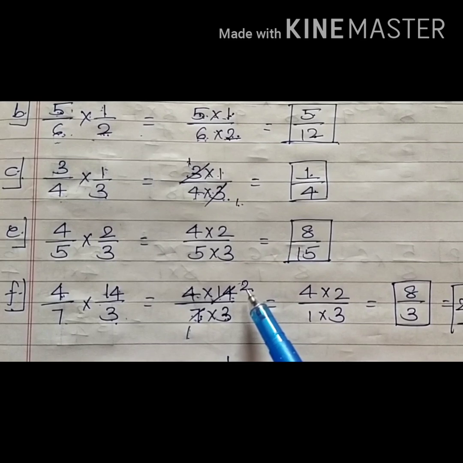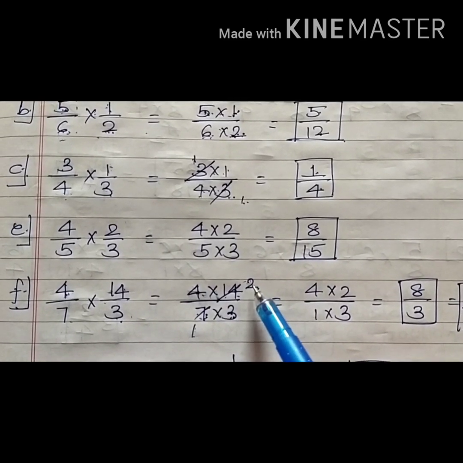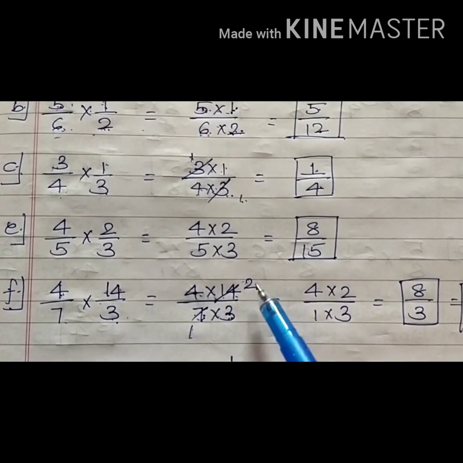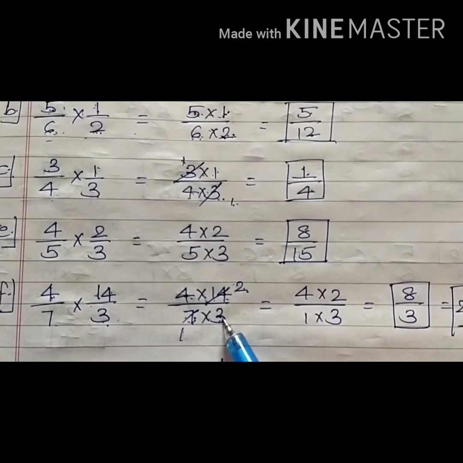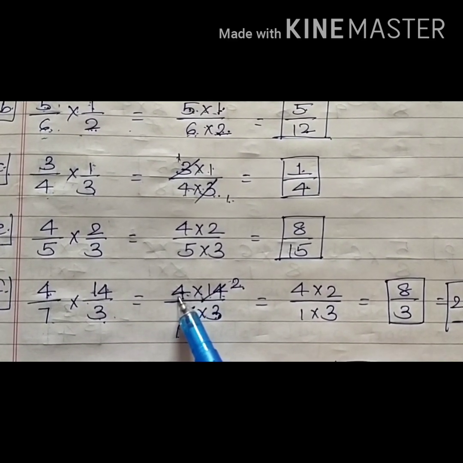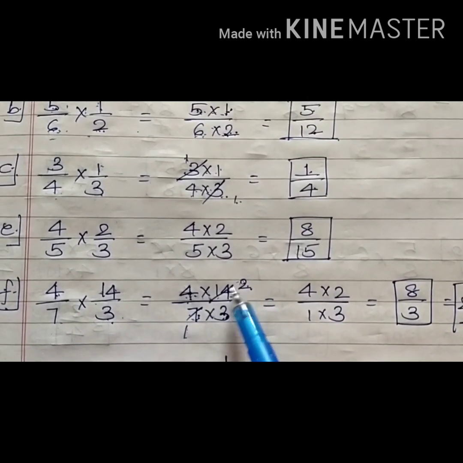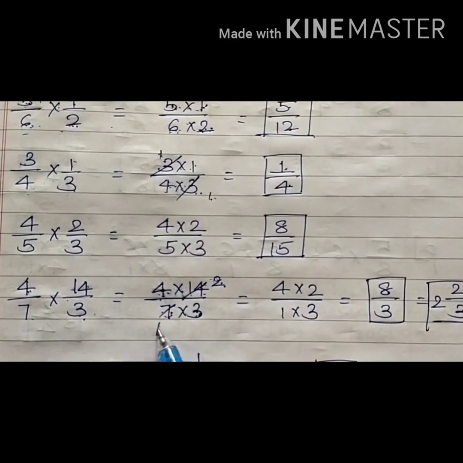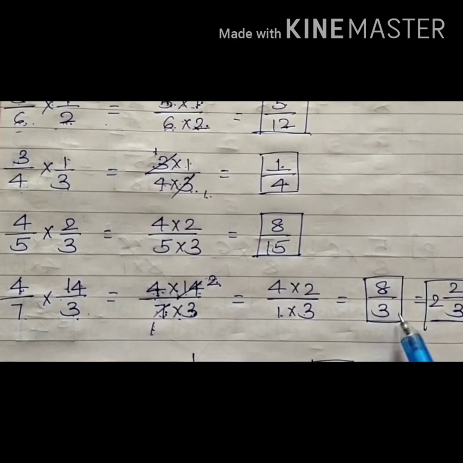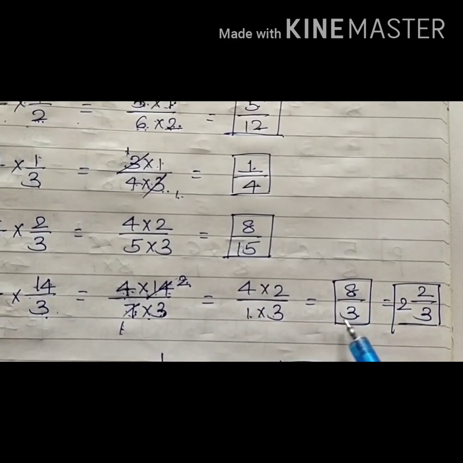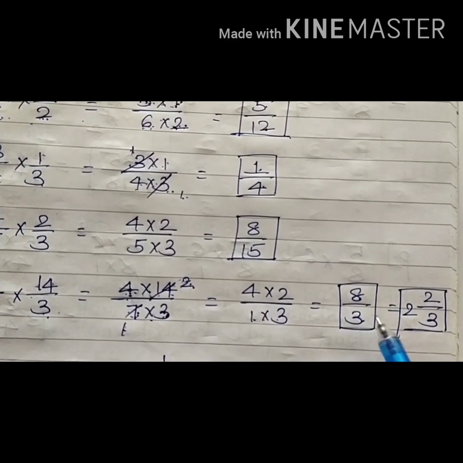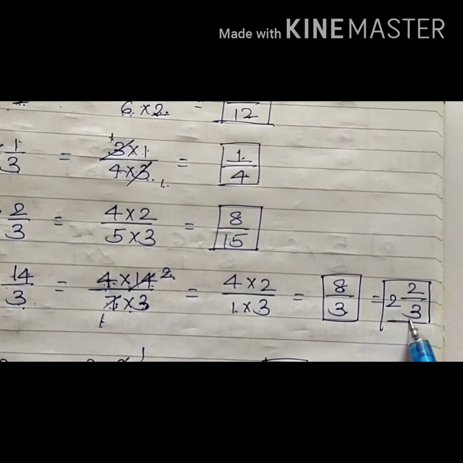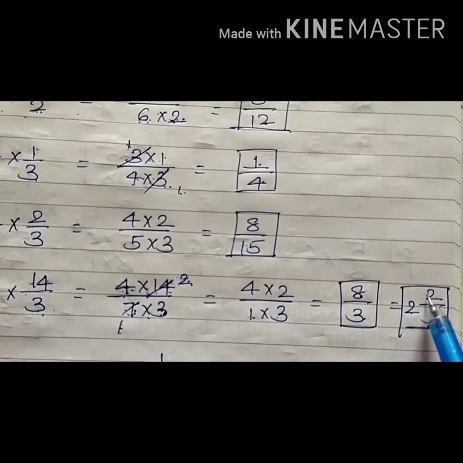Again, just check if the reduced number still gets reduced with another denominator 2 and 3. No. So that's all, children. Now what remains in the numerator is 4 and 2. Just simply multiply. 4 multiplied by 2 gives me 8 and 1 multiplied by 3 gives me 3. Now I can see that this gives me an improper fraction. So convert it into a mixed fraction. So I get the answer as 2 by 3.